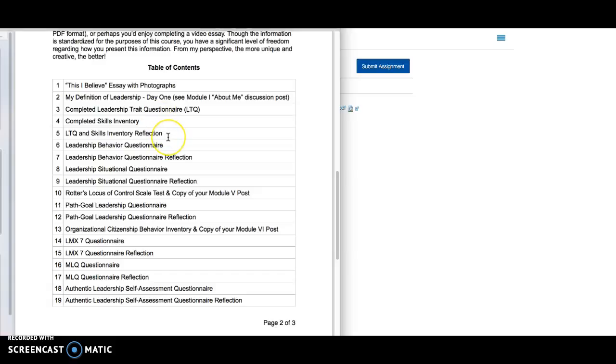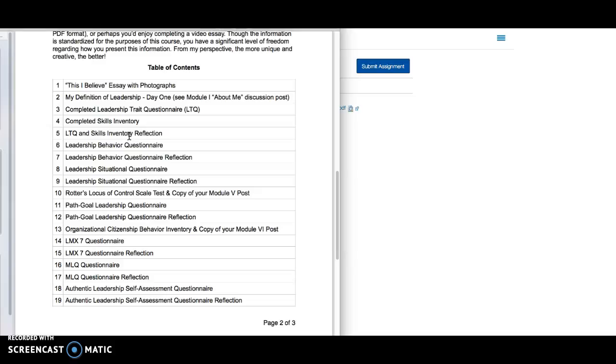And after reading both chapters and completing both inventories or instruments, you're going to reflect on the results that you received when you completed the instrument for the first time, and you will also reflect on what differences, if any, you feel might occur now that you've read, or after you've read each chapter.